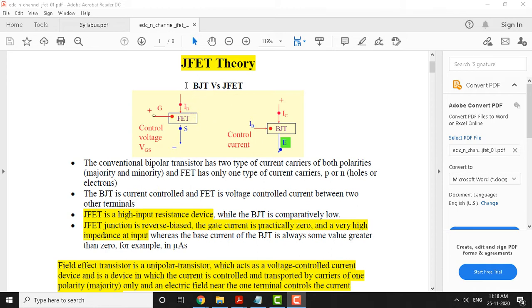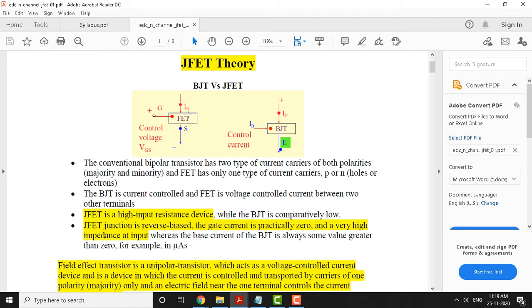So, with reference to the BJT that we have seen, the output current, the collector current, is controlled by the base current. I mean, the emitter is injecting the charges, and the collector terminal collects the charges, and there is a current movement from emitter to collector, that is in turn controlled by the base of the transistor. This is a base. Okay. So, this base terminal is the input current that controls the current flow in the output terminal.